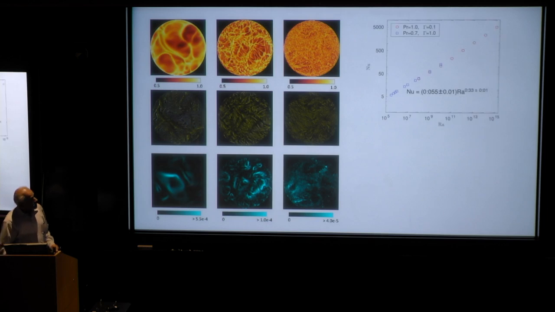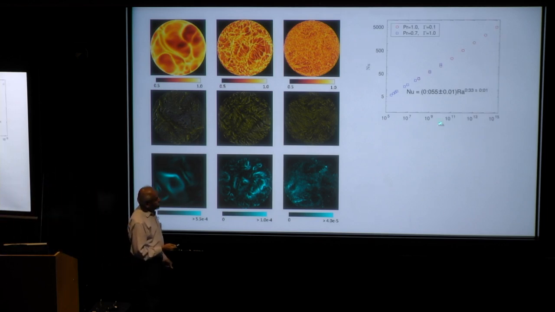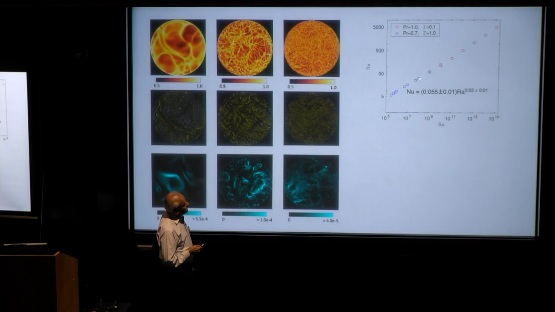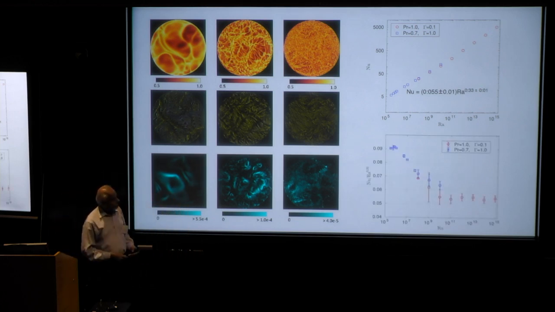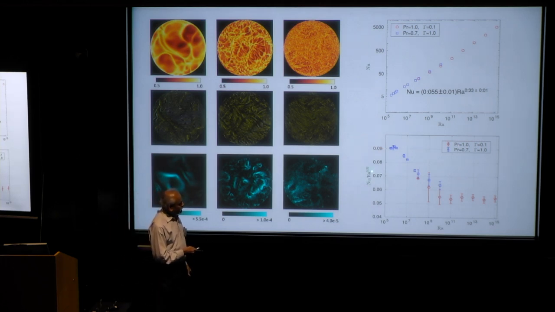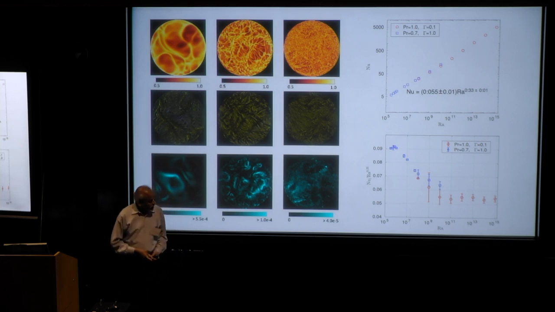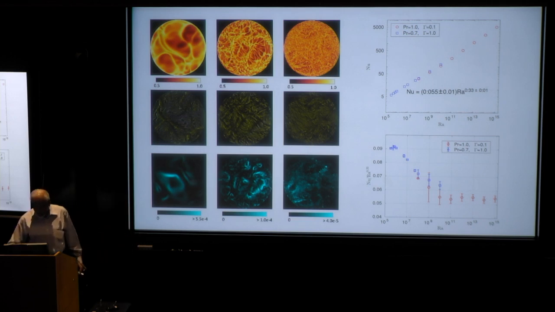And what is the important result? The Nusselt number is plotted as a function of Rayleigh number. You have these red circles from the present simulations, and these are from York-Schumacher simulations here for a different set of conditions. And if you fit the power law to this, you'll get about 0.33. Another way to see it is you normalize it by Rayleigh to the power 1/3 approximately, and you see it's flat there. So even if you go up to 10 to the power 15 or so, it doesn't seem like there is any tendency towards the so-called ultimate state.